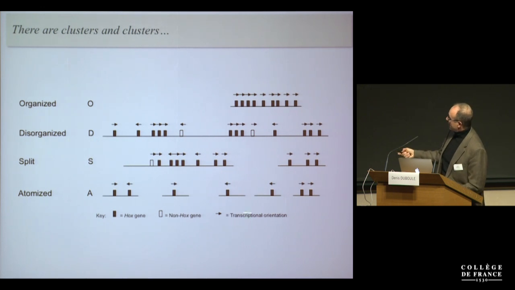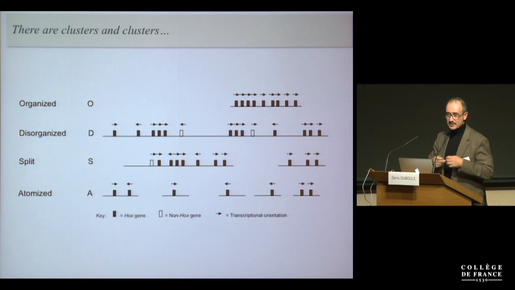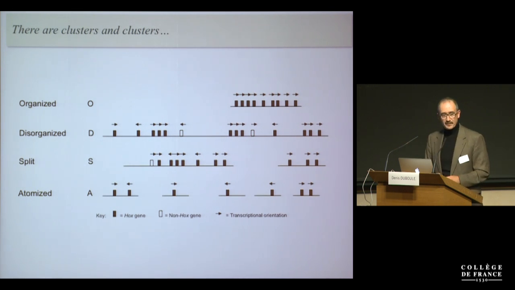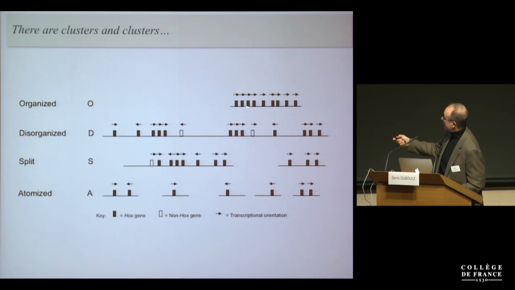Some animals have no cluster at all. Genes have been scattered throughout the genome. Some animals have a cluster that is split. This is the case of Drosophila and other insects. Some animals have disorganized clusters, a very large cluster, about 1 megabase large, and some animals, interestingly enough, have a very, very tightly